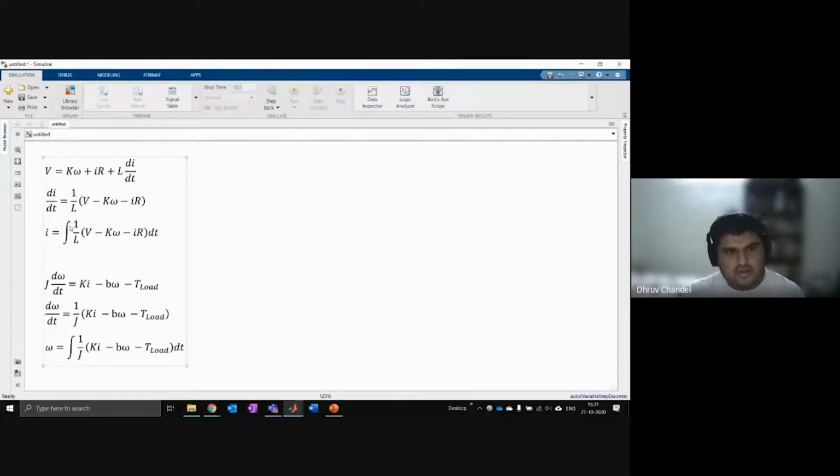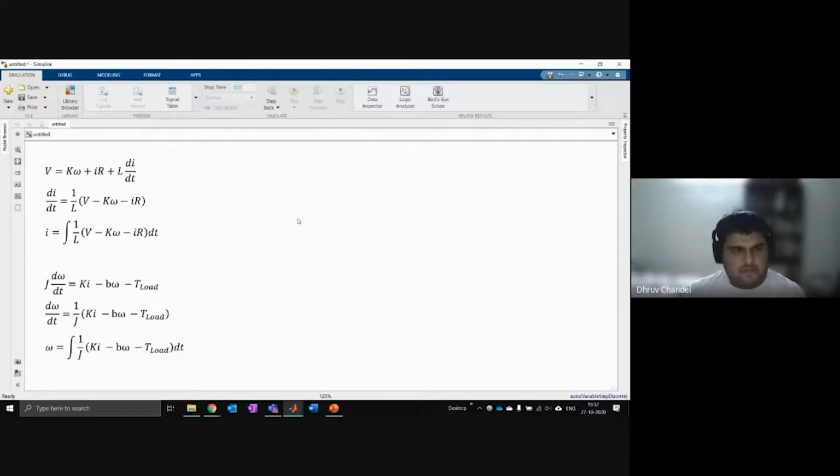So what I need to do here, if I want to calculate the current inside a DC motor at any time, I need to have all these quantities. I need to add them or subtract them. I need to multiply the whole thing by L, which is a constant. And then I need to integrate this in order to get the value of current. Then I can feed this into this equation down here, which will tell me how fast the motor is spinning. So if I know the voltage, the resistance, the motor constant, and the inductance, I can use that to calculate the current. And from the current in the motor, I can figure out how fast it's going to spin.